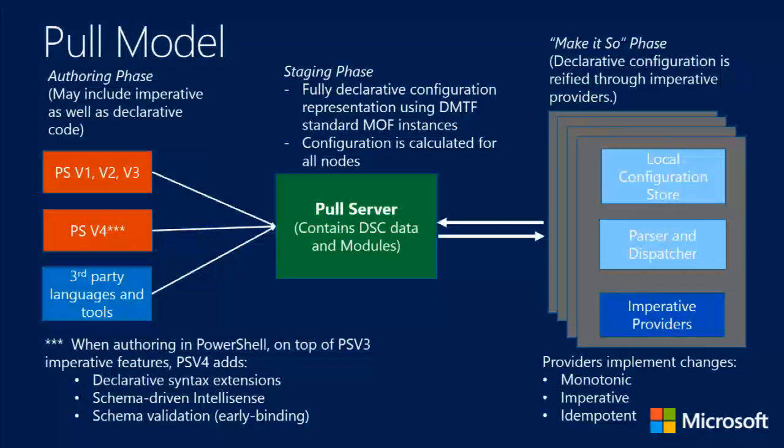There you are. So far we've been talking about a push model, right? You write your configuration, you send it, you push it out. If you didn't see it, what changed was we changed the middle words from being push server to pull server, and we now have these two arrows. Okay? So the first example was a push, where I'm here and I push the configuration to that machine. Now we're going to talk about pull.